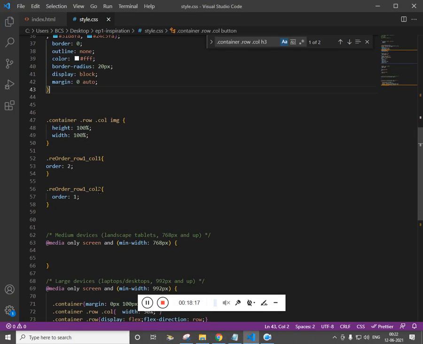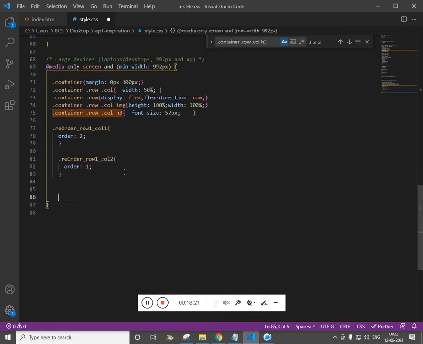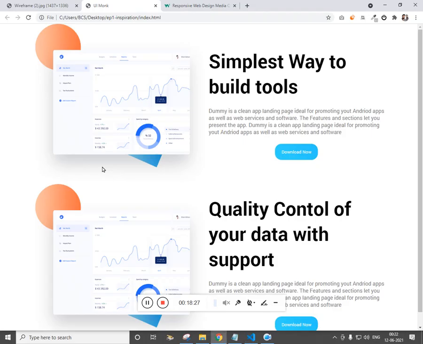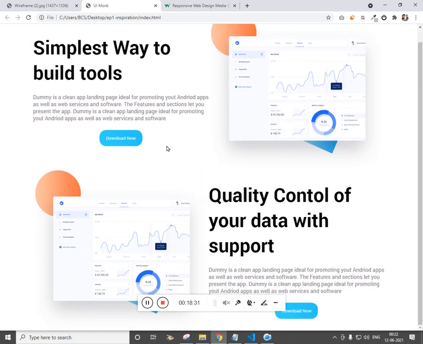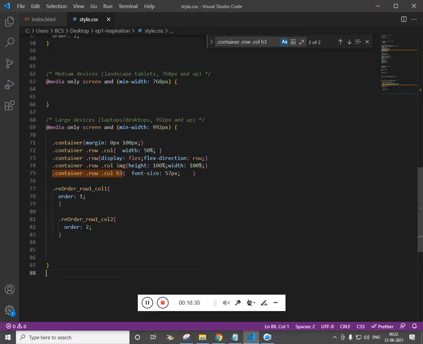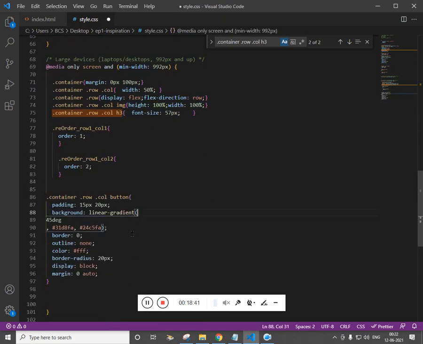So this should be 2 and this should be 1. Refresh it and here you go. Now there's a problem, we want this to be at the right. So for the button which we have given, so let's try to make this inline.